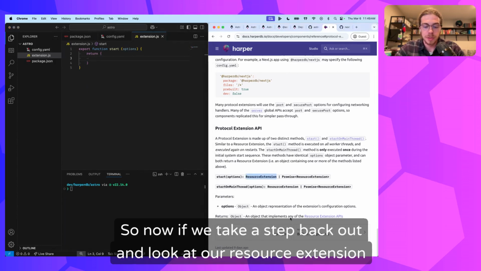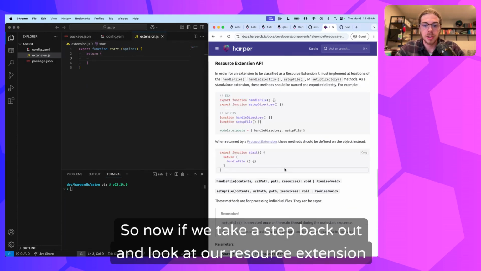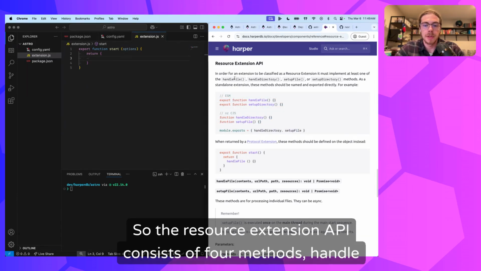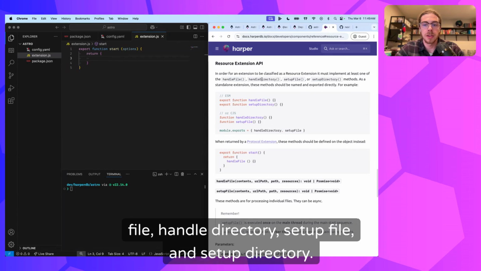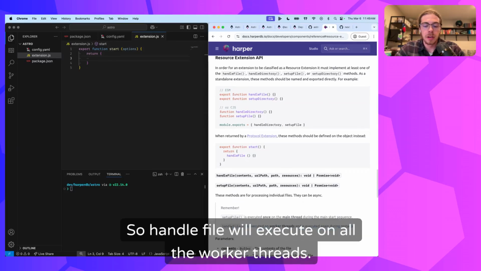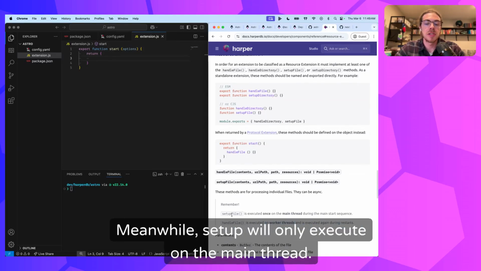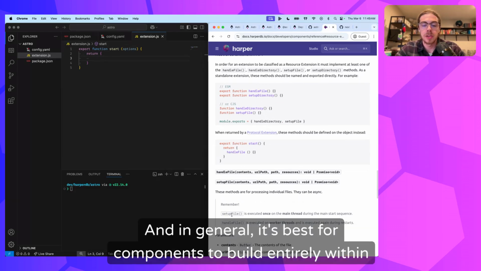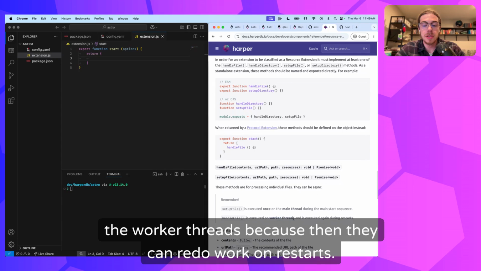Now, if we take a step back out and look at our resource extension docs, you can see there's a handful of methods. The resource extension API consists of four methods: handleFile, handleDirectory, setupFile, and setupDirectory. The difference is about where they execute. handleFile will execute on all the worker threads. Meanwhile, setup will only execute on the main thread. Some of this might be changing in the future, and in general, it's best for components to build entirely within the worker threads,